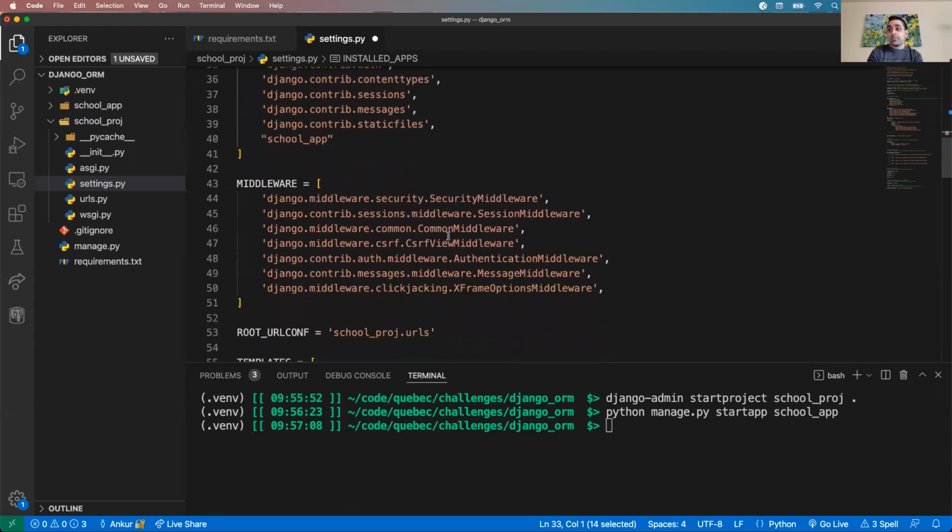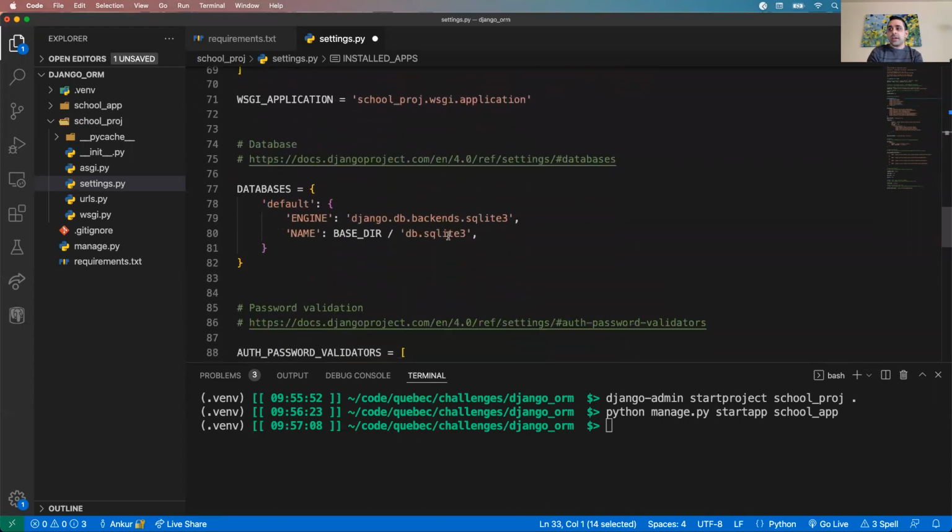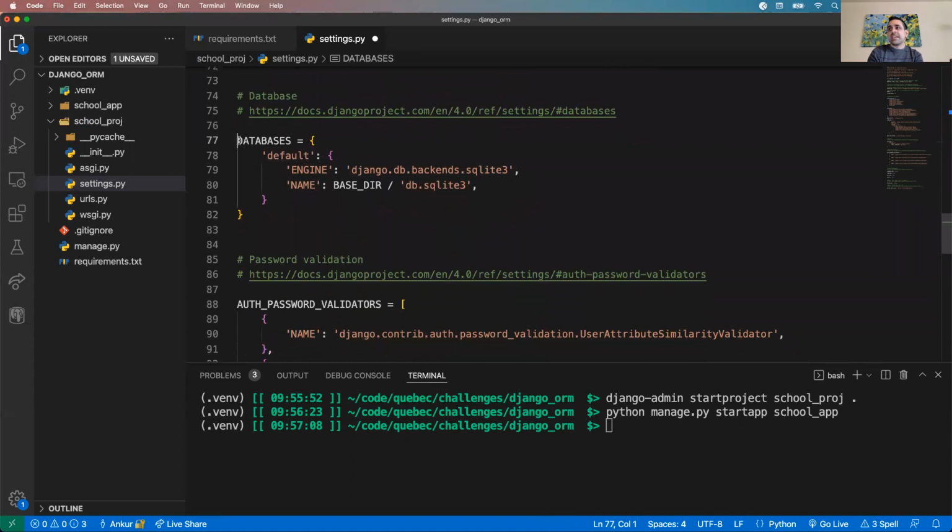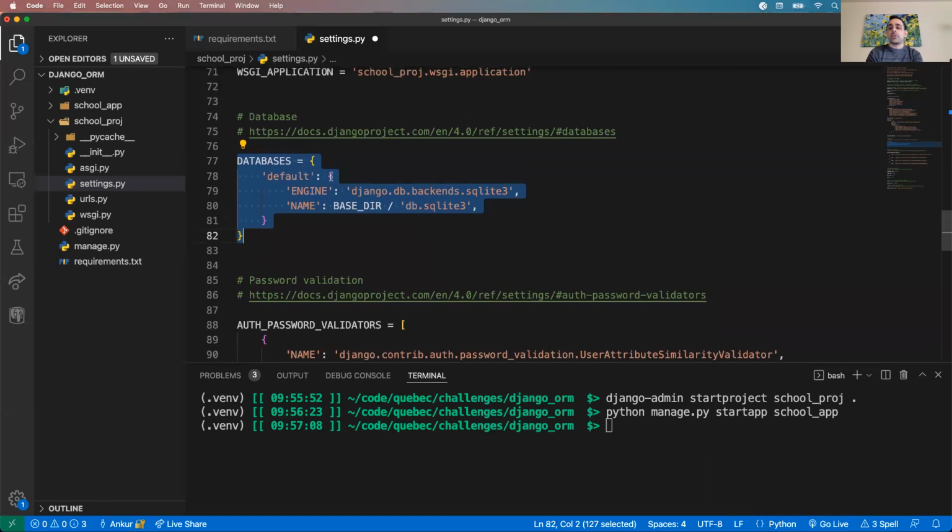Our second additional step, now that we're using databases, is to scroll down towards the middle, and you should see a databases section here. This is in the settings.py for our project. In this section, we're going to make a modification. By default, Django is going to use SQLite, which is fine, but we want to use Postgres just because Postgres has a little more capabilities. So instead of defaulting to SQLite, we need to change the engine and the database name that we want to use with this project. So the engine, instead of having sqlite3 here, we need to type in